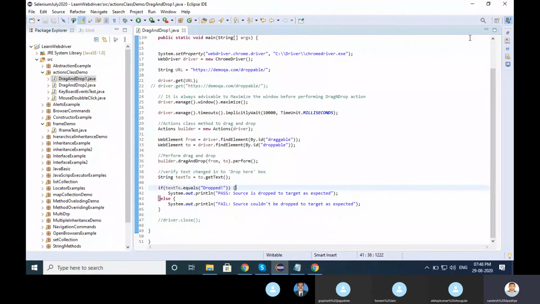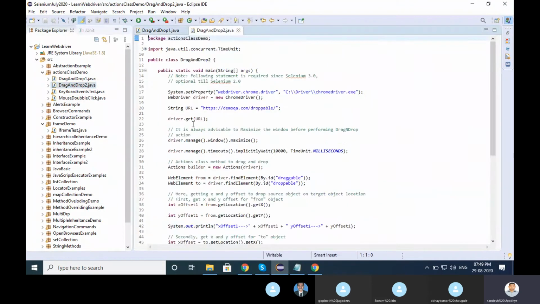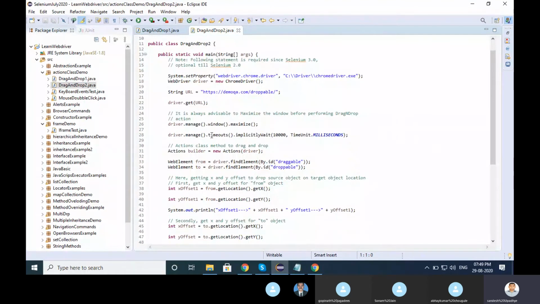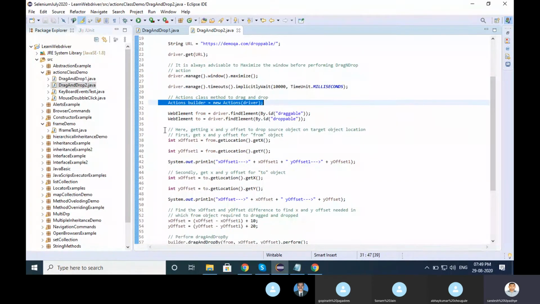Okay. Same thing, drag and drop, but with the other scenario with the X and Y coordinates. Look like that. I found the ID itself. So if you look here, same thing I did here. I got this program as well from this website. So here what I did: same thing, an Actions class object is created, stored the web elements from and to location, and here passed the coordinates. Here getting the x and y offset to drag the source object to the target object, and how those x and y coordinates are passed.